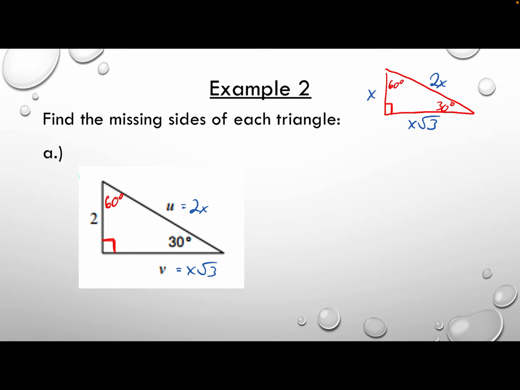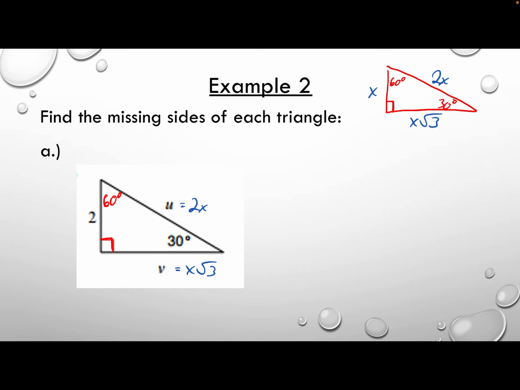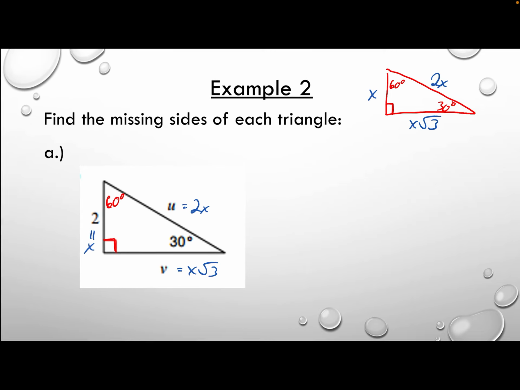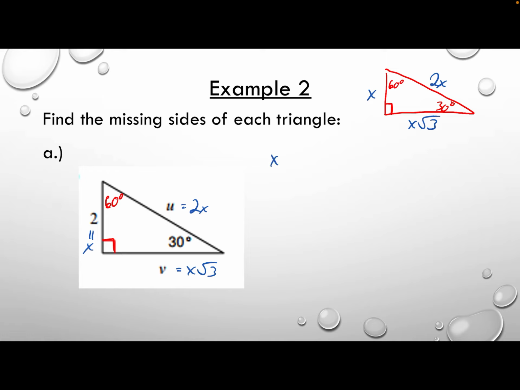Okay. And now we're just going to solve it. Oh, I'm sorry, I missed one. And then this is x. Sorry about that. And that's x. Okay. So let's see. We know that x is equal to 2, because we just said x was equal to